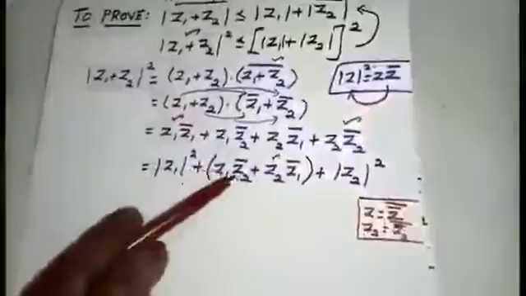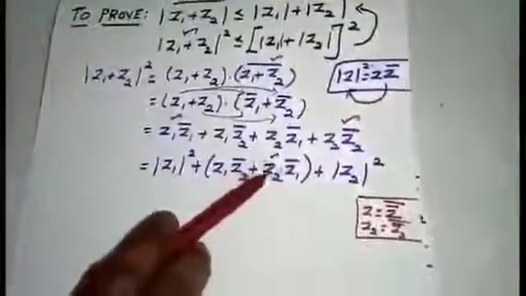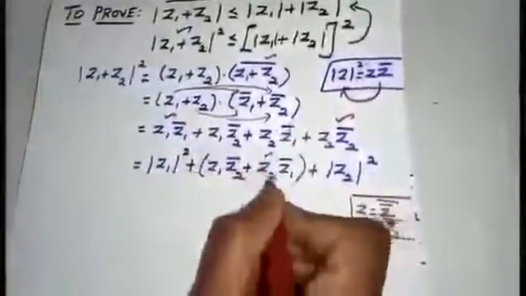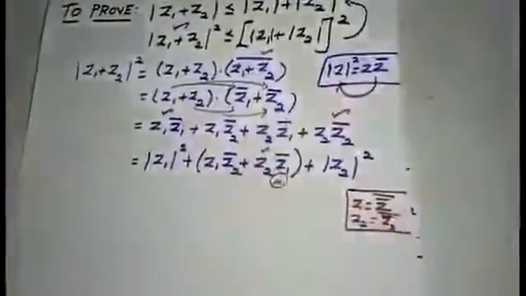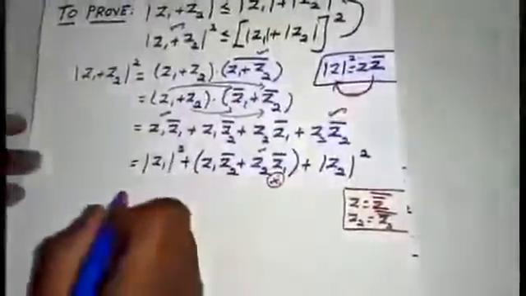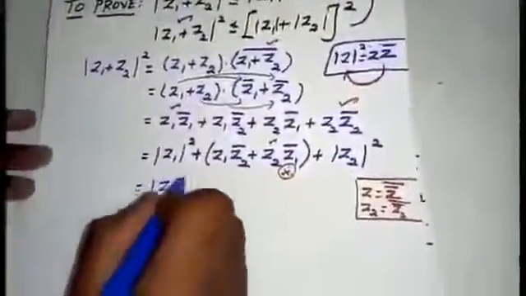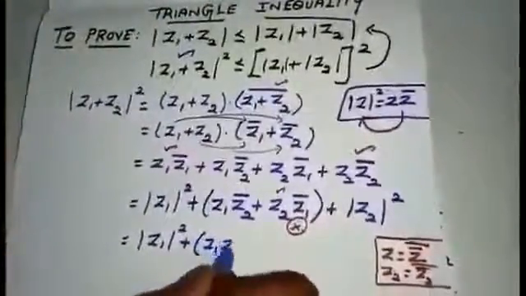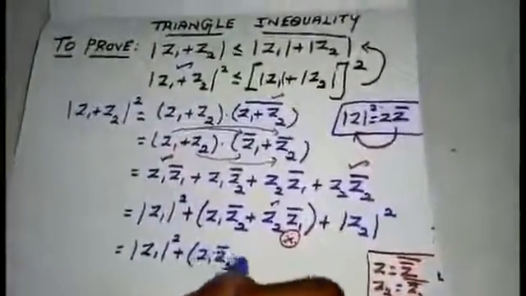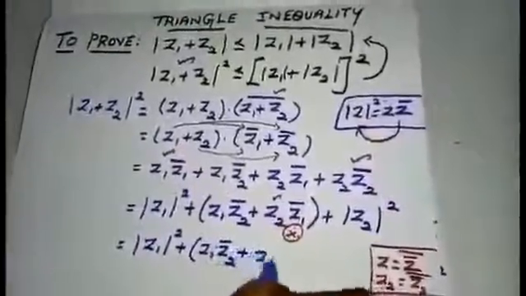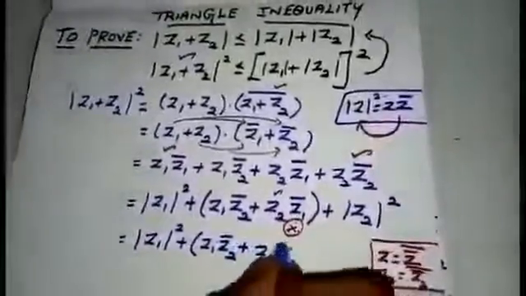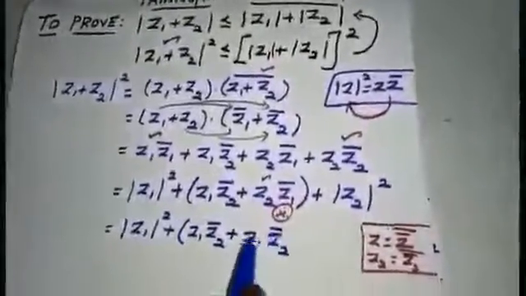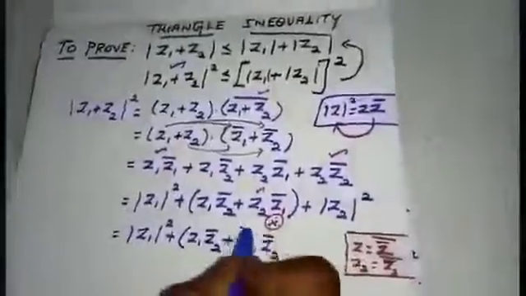that is Z1 Z2 bar. The second term inside the bracket should also be in this form, that is Z1 Z2 bar. So this place is very important. Just see here how I am going to write: modulus of Z1 the whole square plus Z1 Z2 bar plus Z1 Z2 bar. Just see here, students, both the terms will look the same, but the second is Z1 Z2 bar the whole bar.